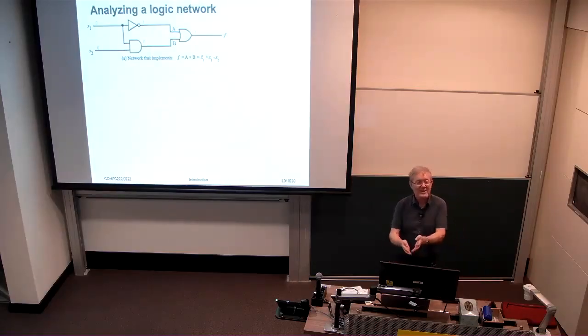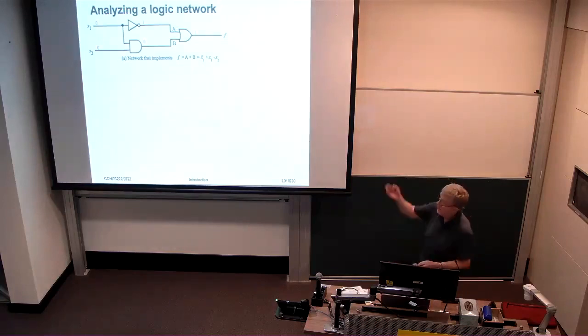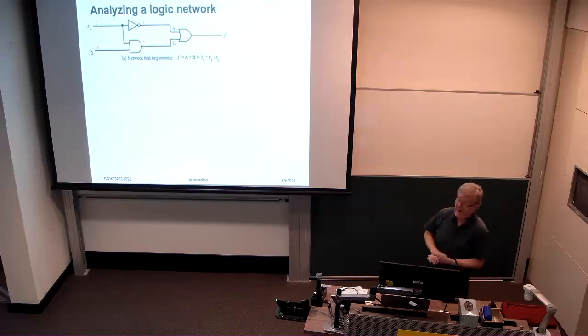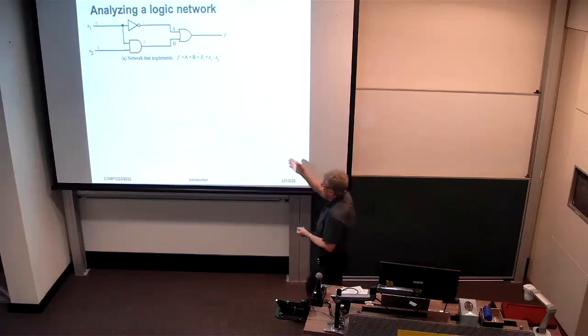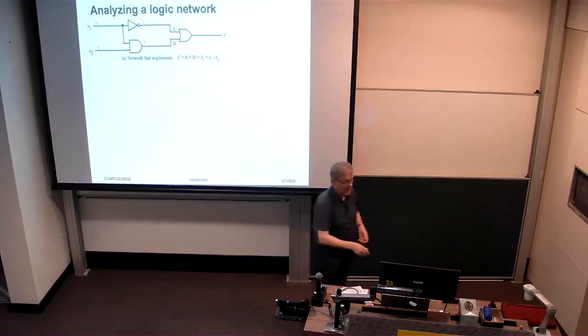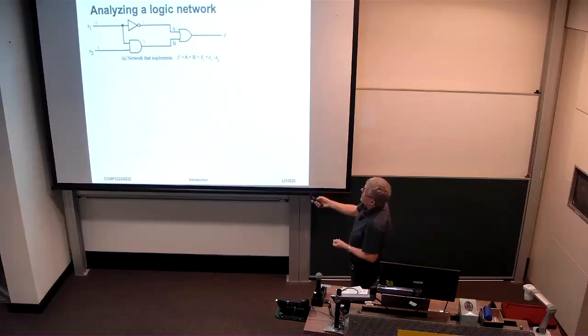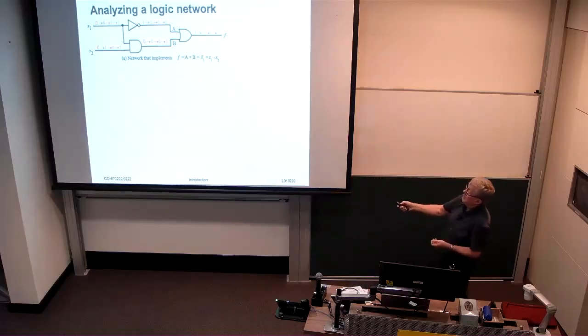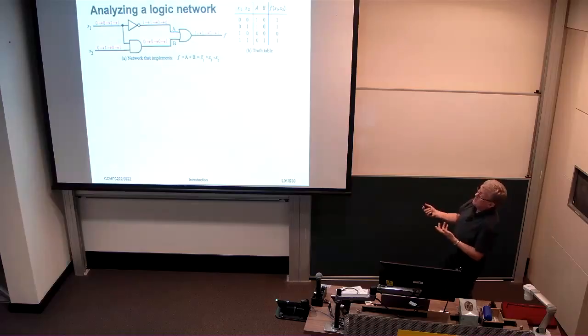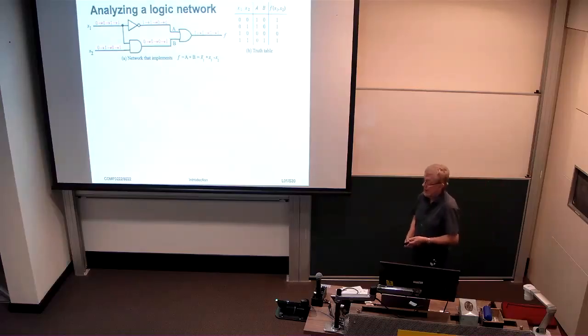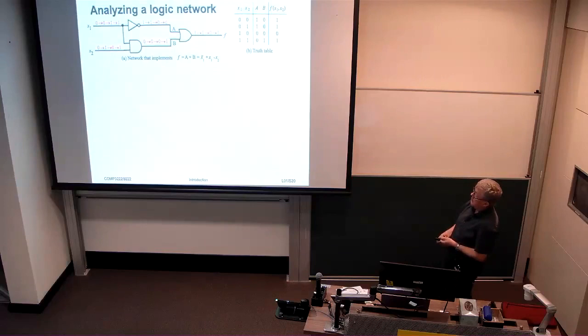But ultimately what we need to do is apply a particular signal value to each of the inputs and determine what the output value is going to be. Only when we apply a certain valuation to these variables can we possibly evaluate what the function is, right? And we can do that for all possible input signals here. So 0 and 0, 0 and 1, 1 and 0, 1 and 1. We could list it as a truth table then, what the output of this function is. It's not very obvious what that is.